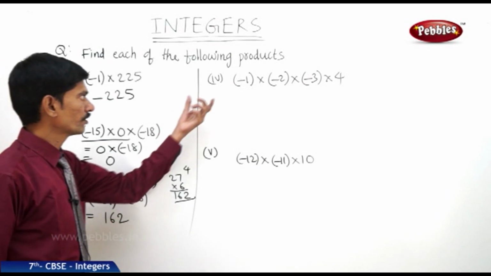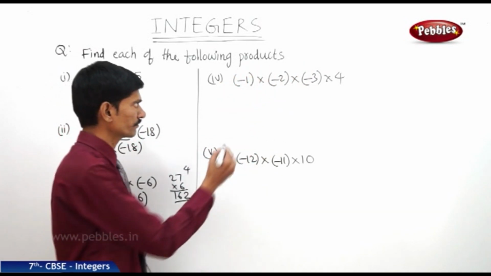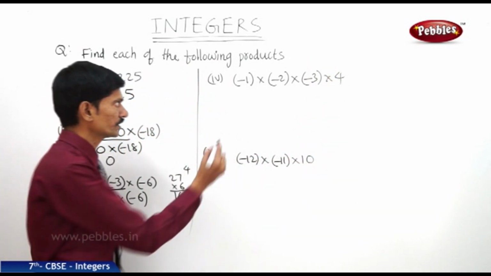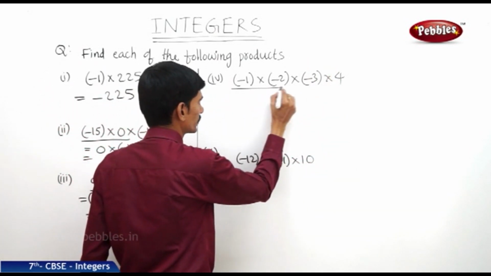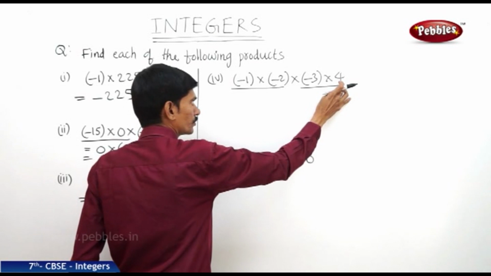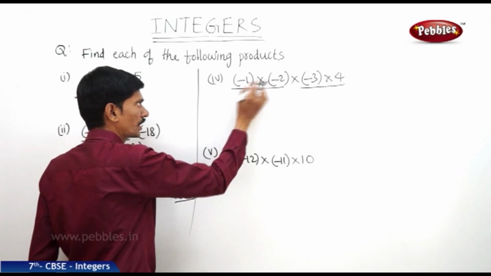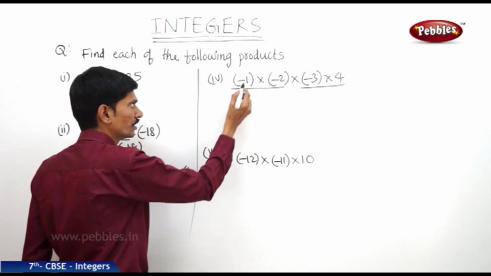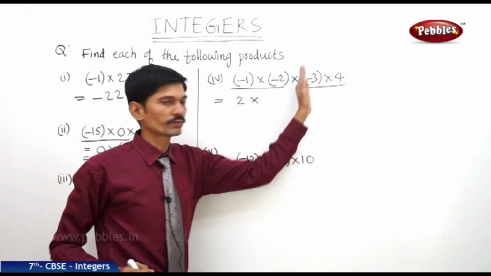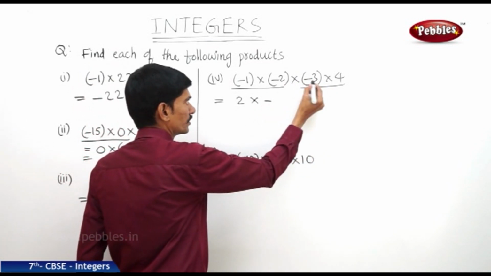Next you will multiply minus 1, minus 2, minus 3 and 4. So this is the product of 3 negative integers and a positive integer. First you will multiply these two negative integers, and you will multiply the last two integers, one negative and the other positive. Now when you multiply the two negative integers, we will get the product positive, and 1 2s are 2, into, when you multiply a negative integer with a positive integer, we are getting a negative integer as the product, so minus 3 4s are 12.